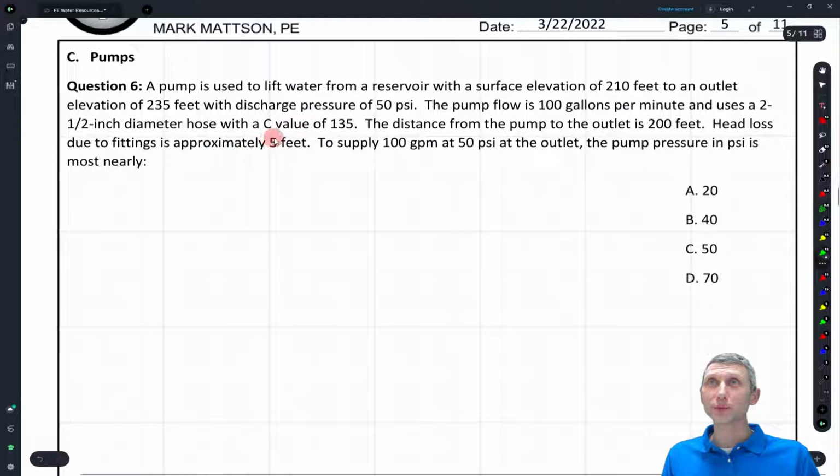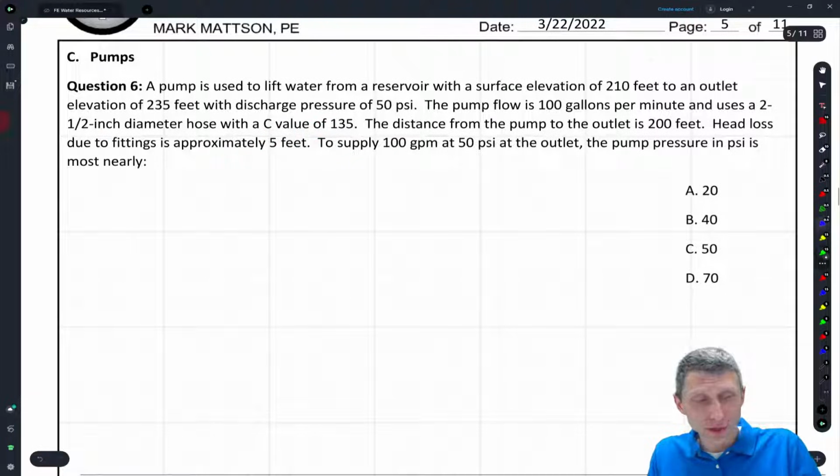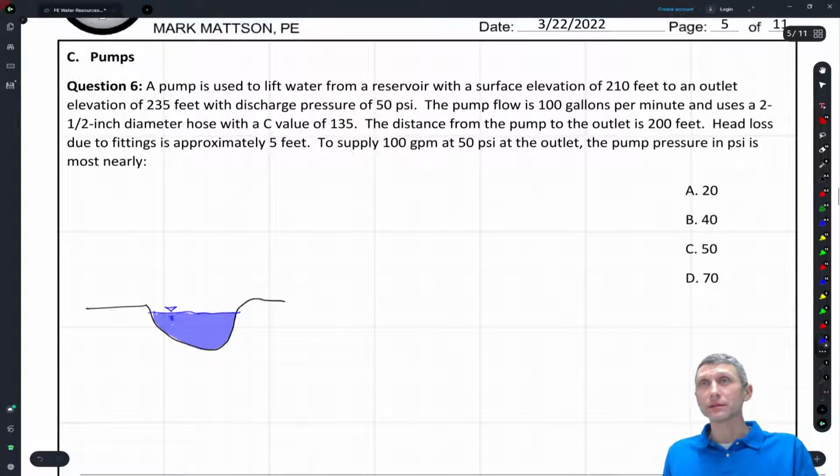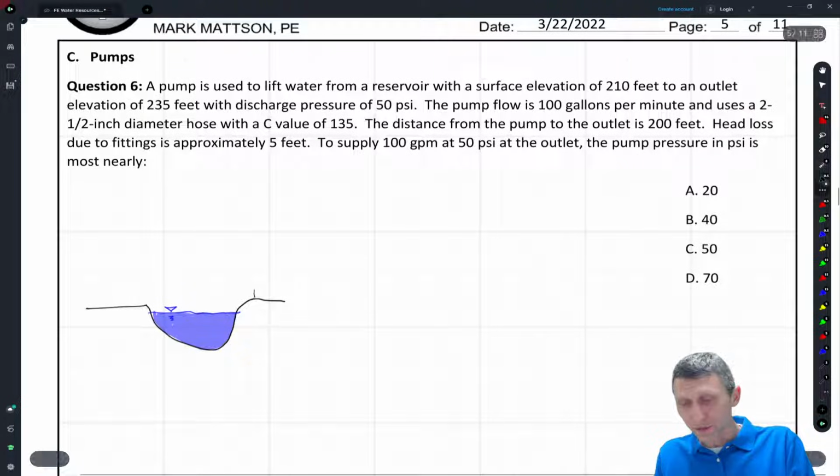We have a pump used to lift water from a reservoir with a surface elevation of 210 feet. So let's draw our reservoir down here. We have some water level, open to atmosphere, and this is our reservoir full of water. This is one of those things where maybe you're doing an agricultural application and you need to lift water. Maybe it's a fire application, but you're going to put a pump sitting here, put a hose in, a hose out,